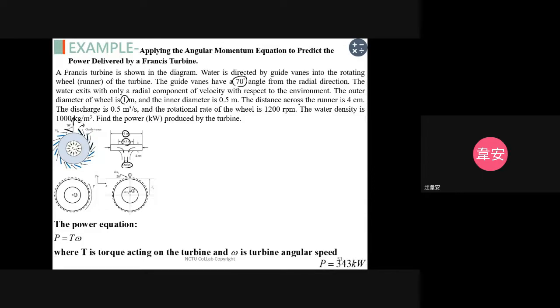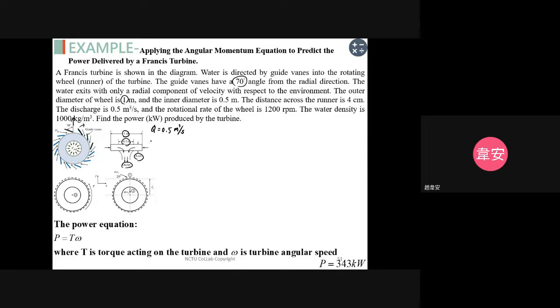The distance across the runner is 4 centimeters. This is the thickness of the runners. And we know that the discharge Q is 0.5 cubic meters per second, and the rotational rate